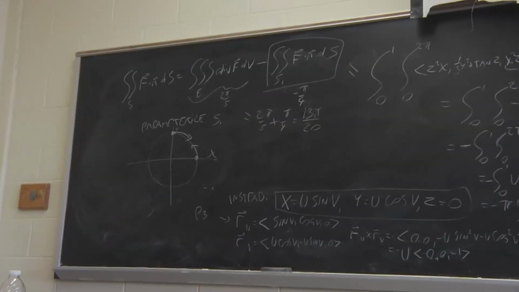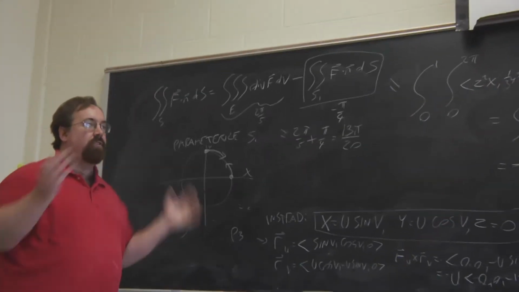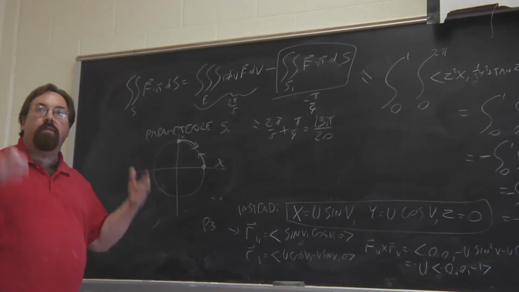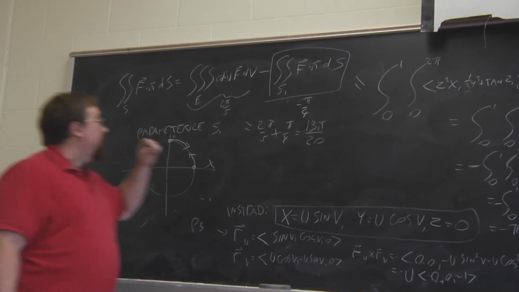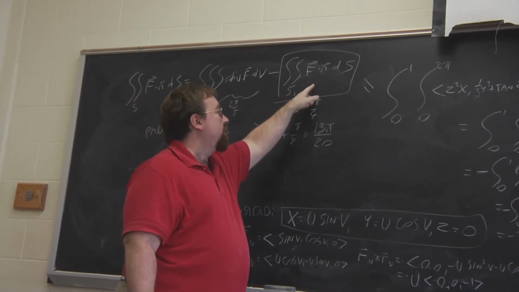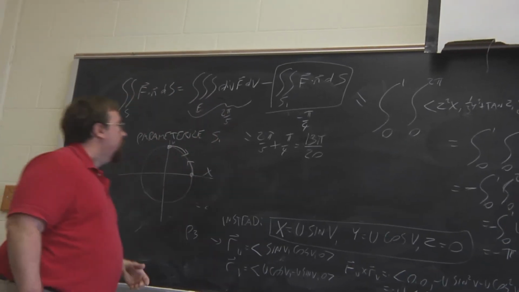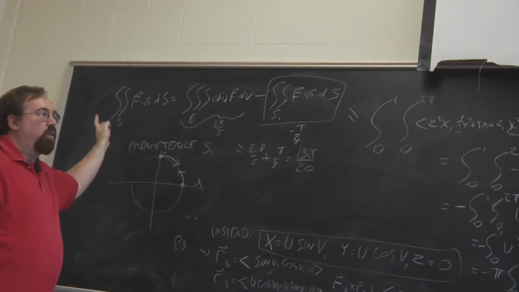So we have a surface integral to evaluate over a non-closed surface. We close it, use the divergence theorem on that, and then if we integrate the divergence over the solid, and then subtract off the surface integrals over the other pieces that we added to close it, we get the original surface integral, which in this particular case turned out to be a whole lot easier than trying